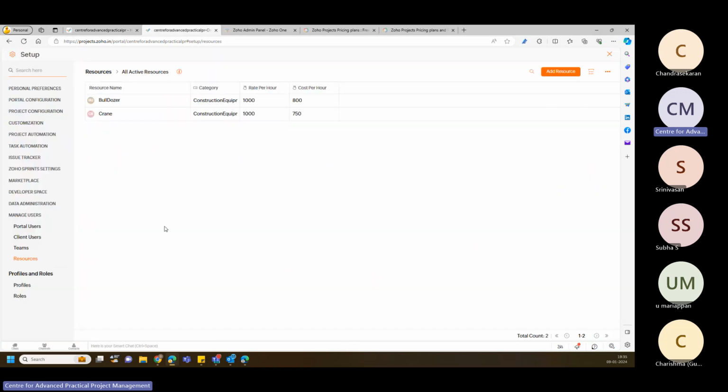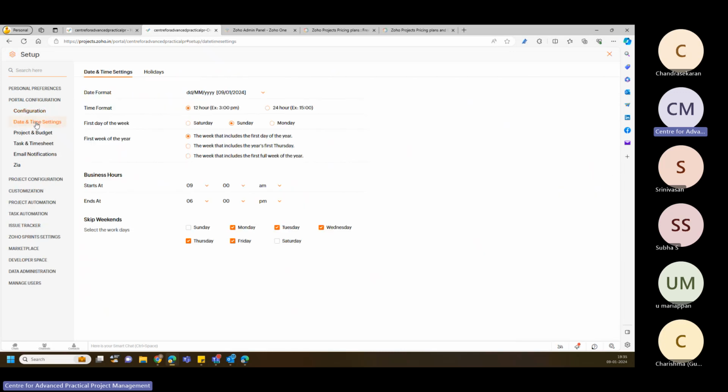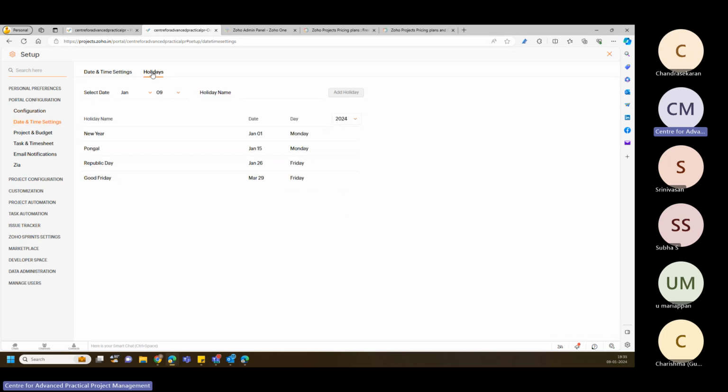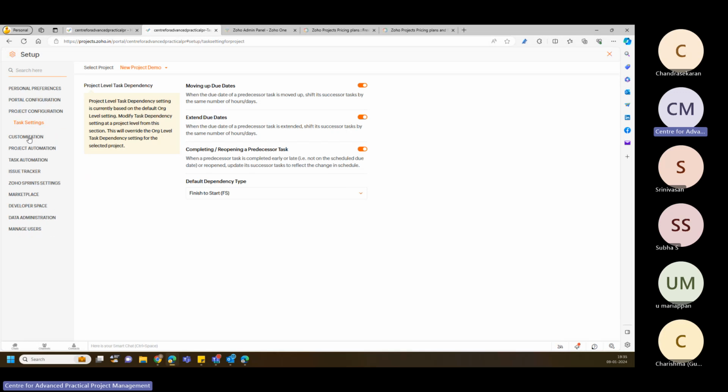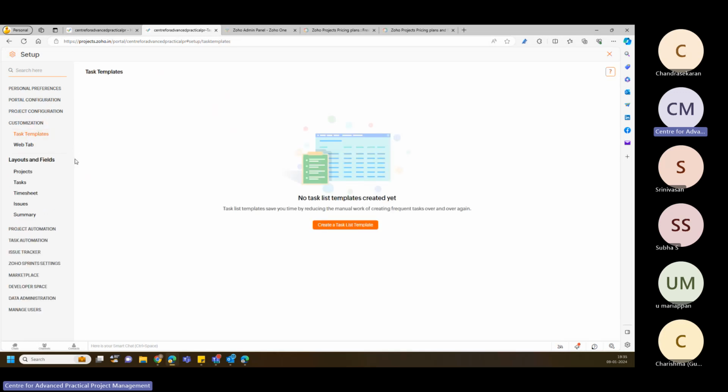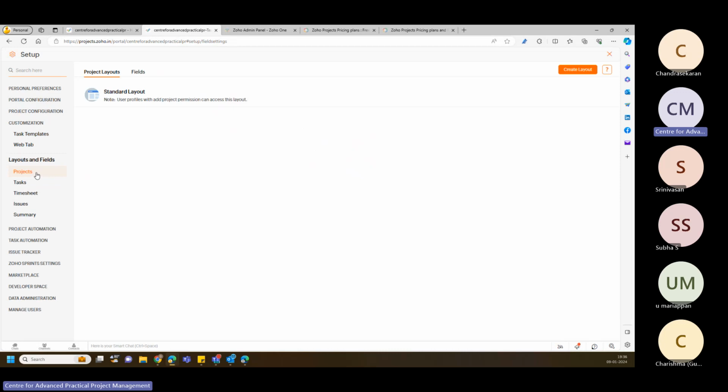Other than that, I can create various different configurations. I can set the days, the start time, finish time, the holidays that I can follow, and the project and the budget configurations, the task settings, how I need to follow. You can create various different task templates and make use of them in that particular project. And I can create various different layouts: layouts for the tasks, layouts for the projects, layouts for the issues, and you can make use of them,